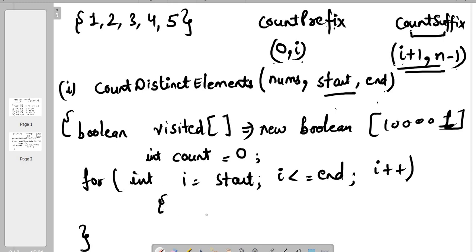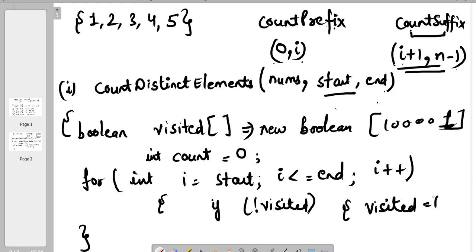For each element we check if that element is not already visited, which means it is a unique element, then we set visited to true and we increase the count. So basically this function will give us the count of prefix and count of suffix.